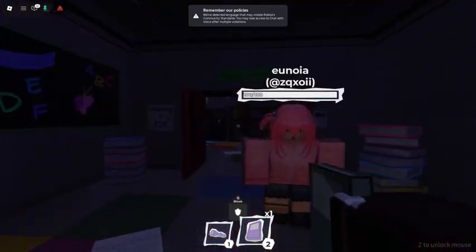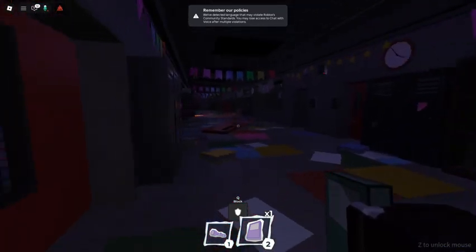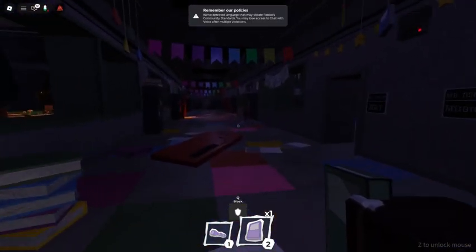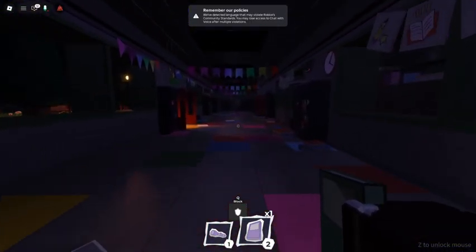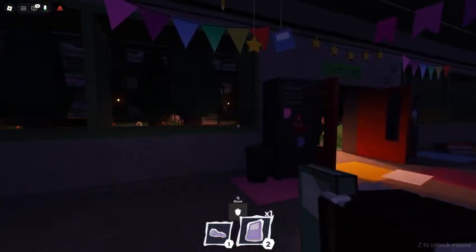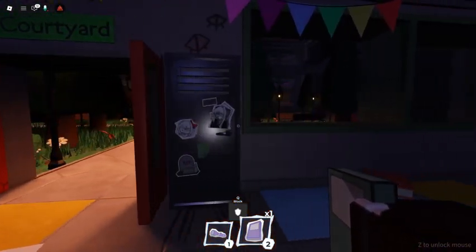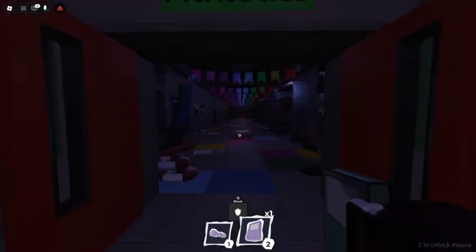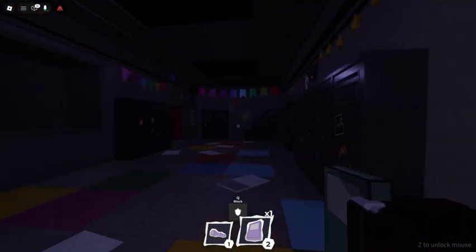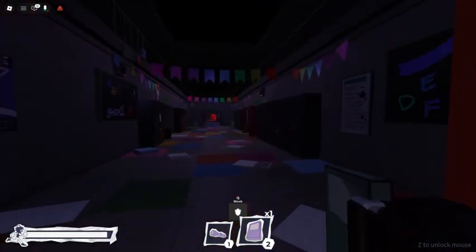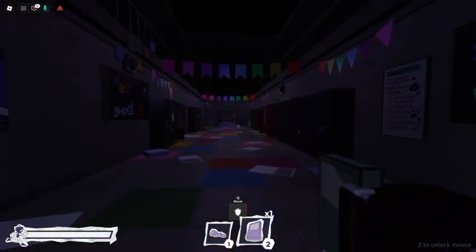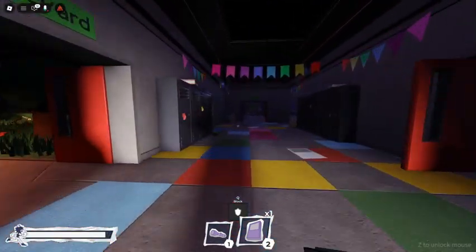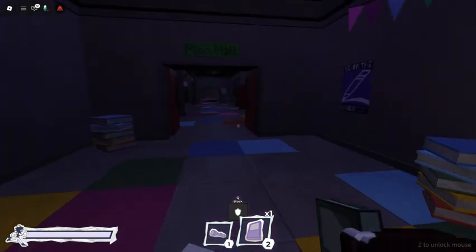If I turn around this corner and I see a teacher... Okay, there's no teacher on this corner. Could have sworn I saw something. Gonna pretend I didn't see that.